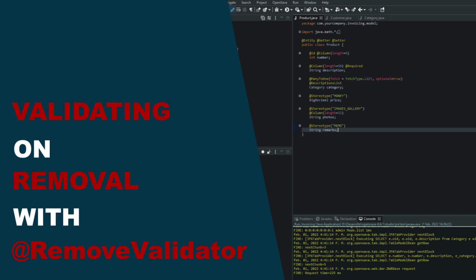The validations we have seen until now are processed when the entity is modified, but sometimes it's useful or required to process the validation before the removal of the entity and to use the validation to cancel the entity removal. We're going to modify the application to reject the removal of an order if it has an invoice associated. To achieve this we're going to annotate the order entity with @RemoveValidator, just as we're going to see right now.